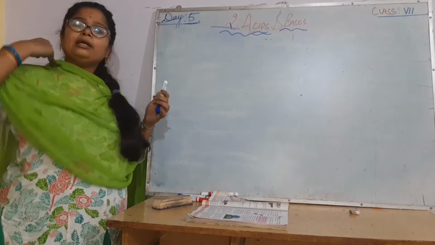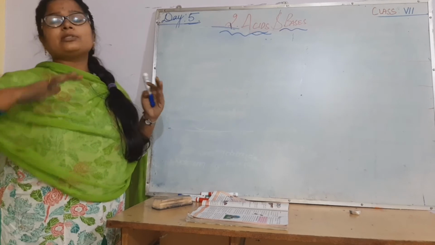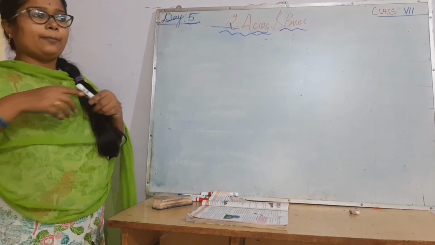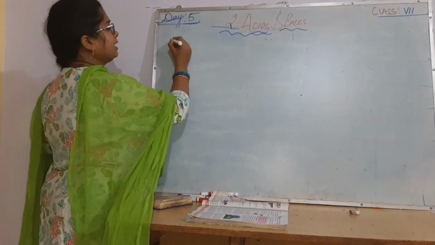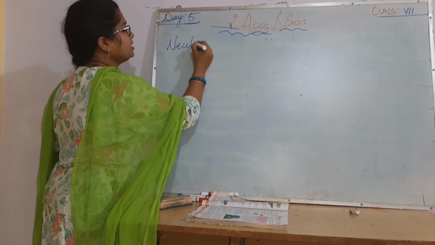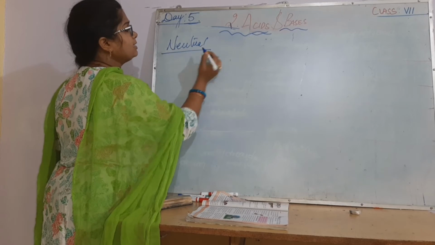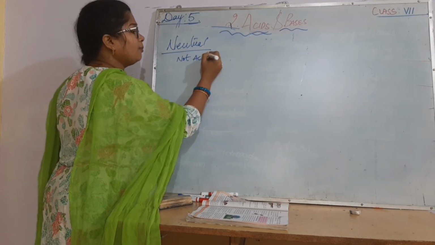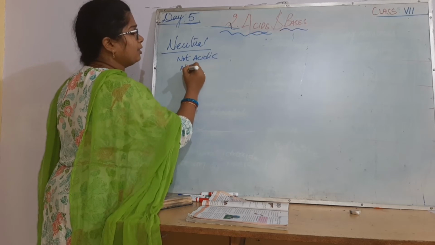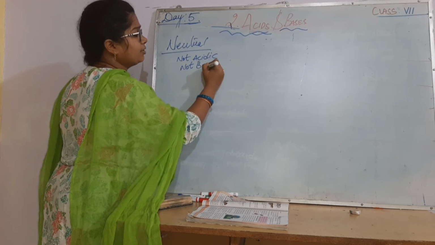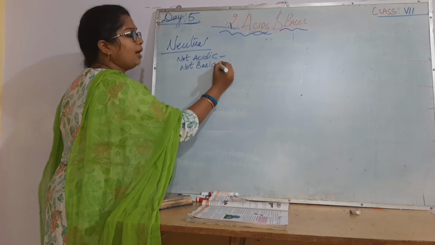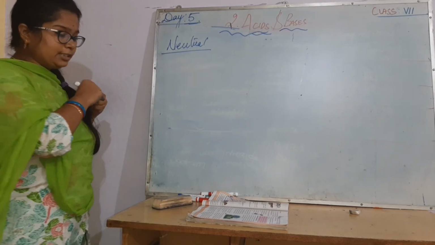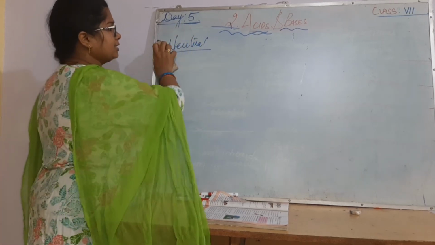When we say a solution is neutralized, it contains no acidic property or basic property. When we say a substance is neutral, it contains no more acidic nature or basic nature; they are in equal ratio. Neither acid nor base is more, so it is a neutral solution. Let us do this activity and learn.